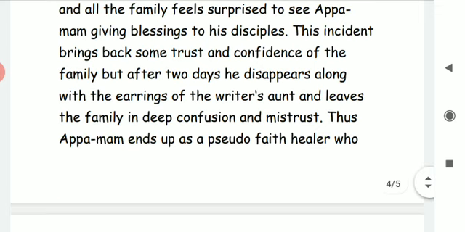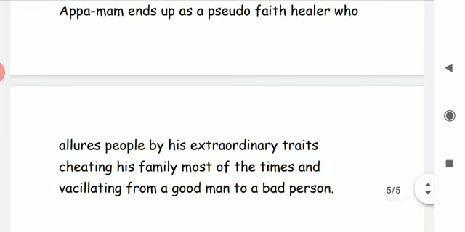Thus, Appa-Mam ends up as a pseudo faith healer. We came to understand that he is clearly a pseudo faith healer, a fake faith healer, or you can say a cheat, who allures people by his extraordinary traits, cheating his family most of the time, and vacillating from a good man to a bad man. When he was in the home and giving blessings to the people, we understand that he is considered to be a good man. But when he leaves the family along with the earrings, involved in some sort of theft,